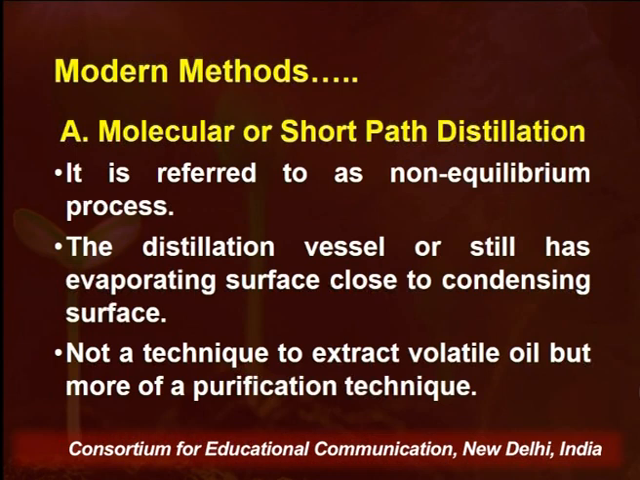Now we move on to the modern techniques that are used to extract volatile oil, and the first one is the molecular or short path distillation process. It is also known by the name of non-equilibrium process. As the name indicates, short path distillation, why the name is given? Because the path which is covered by the vapors from the distillation still to the condenser